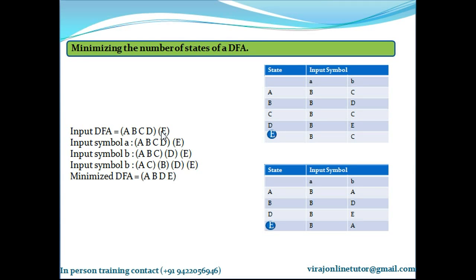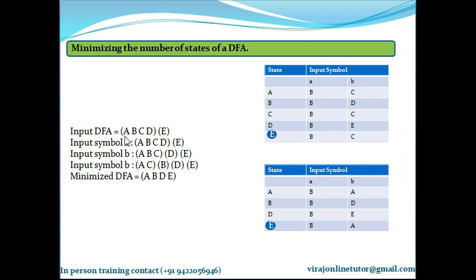Then check for each of the input symbols whether any state in a subgroup goes to a particular subgroup which is different from the subgroups to which others in the same subgroup are going. So if a particular state on the input symbol goes to some other group than the states in its subgroup, then separate it out, because that particular entity is not going to the same subgroup where others in the same subgroup are going. That's why we are separating it out. So all are not in sync. That's why we are separating out. So this is the first step of separating final and non-final groups.